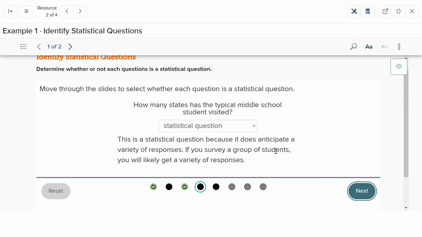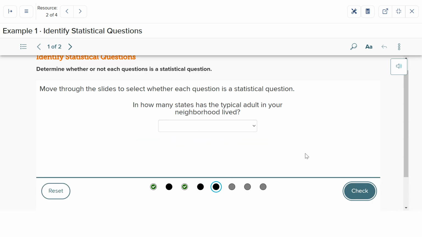You could group some students, some middle school students specifically, and survey them, and you'll likely get a variety of responses, meaning some have been to 30 states, some have been to 5, some have only been to the one that they live in, and so you're going to get a big spread of information there. All right, how many states